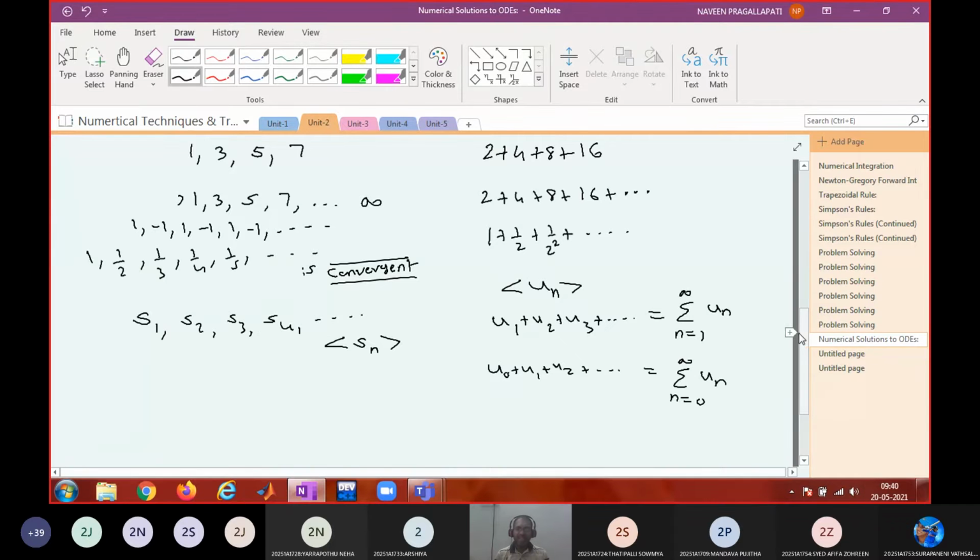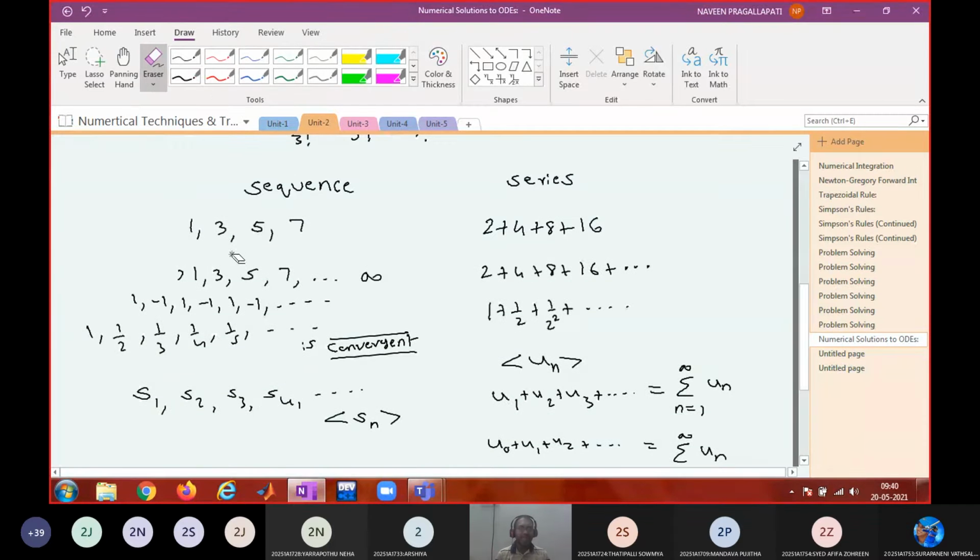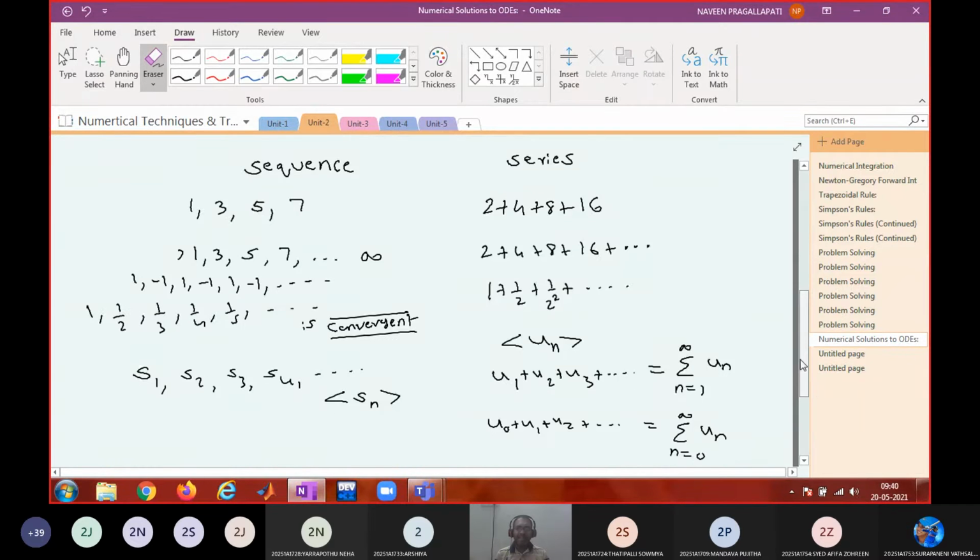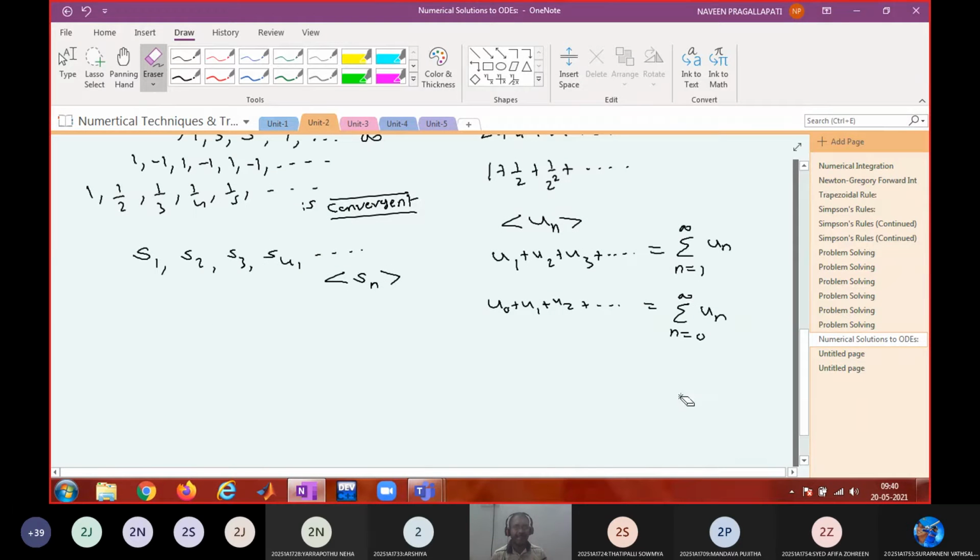This series can be of two types: a number series or a function series. A number series has only two cases, either it is convergent or divergent. If I write 1 plus 1/2 plus 1/2 squared plus and so on, what is the nature of the series? It is a geometric series with common ratio 1/2, less than 1, therefore it is convergent. If I write 2 plus 2 squared plus 2 cubed plus and so on, this is a geometric series with common ratio greater than 1, therefore it is a divergent series.